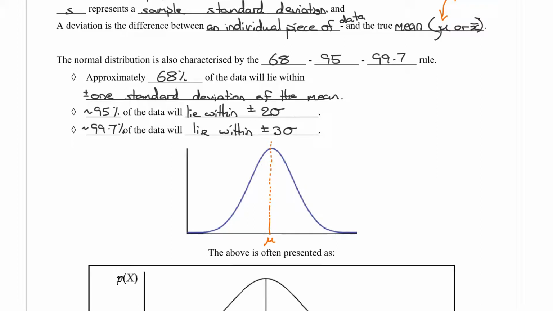Now if I get a second line, and I'll use, let's go purple. If I draw this line here, they're approximately one standard deviation away from the mean, so that can be interpreted as the mean mu plus sigma,